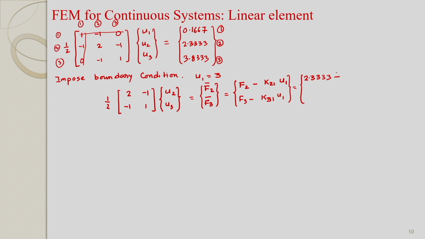Now K21 is minus half, this is our K21. So, minus half and U1 is 3, and K31 is 0. So, this term is 0 because K31 is 0. So, it will remain as it is, 3.8333. So, the final load vector will be